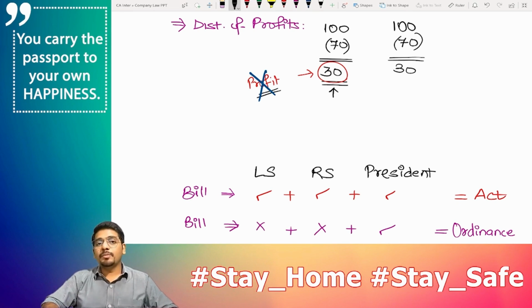Our question is, is this 30 rupees an appropriate figure of profit or no? And I told you, no, sir. This 30 rupees is not an appropriate figure of profit. Now the question is why, sir? Because the cart on which you were pulling the bananas throughout the day is a materialistic thing, right? What do you think will be the life of the cart? Is it going to be the same throughout your lifetime, throughout 10 years, 20 years, 50 years down the line? No. Meaning the value of the cart is going to depreciate eventually. Am I right?